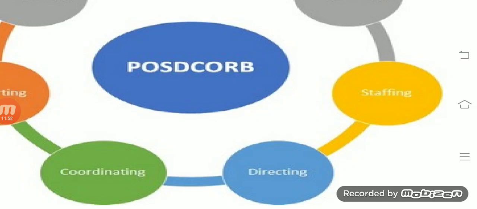Coordination is also a function of management. Sankalan means they have to be connected with each other in a single organization. There are many departments, not a single department, like finance, marketing, HR, production and operations, etc. All these departments perform in a single organization, but it is necessary for each department to coordinate with each